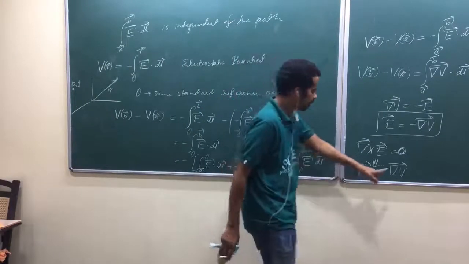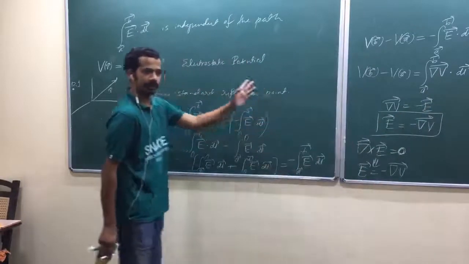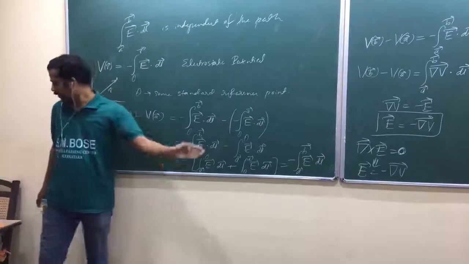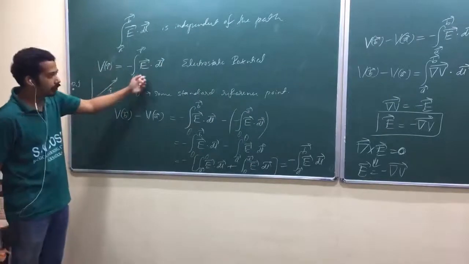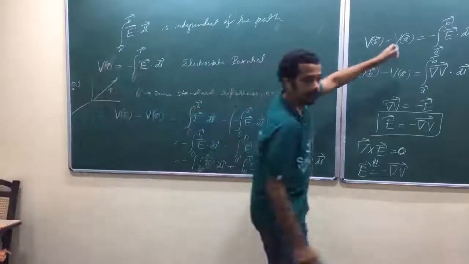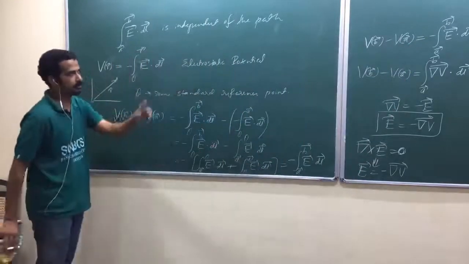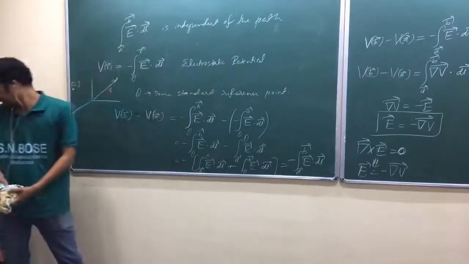Isn't it? I can take a line integral from A to B and I can relate that to electric field and I can show the standard definition of potential. Okay. So again, that's the other part. Anyway, you have to remember this one as well as this one. This is very important. Okay. So that is independent of the reference point. Okay. That is unique potential difference. You can give physical interpretation for that.